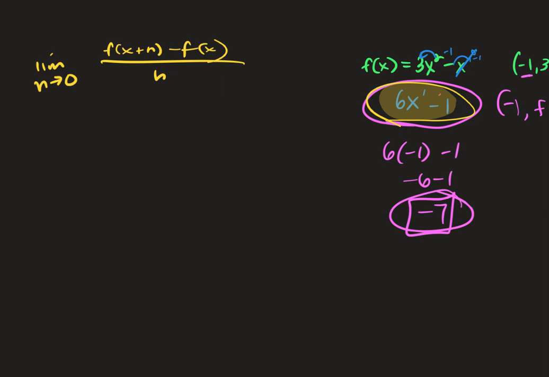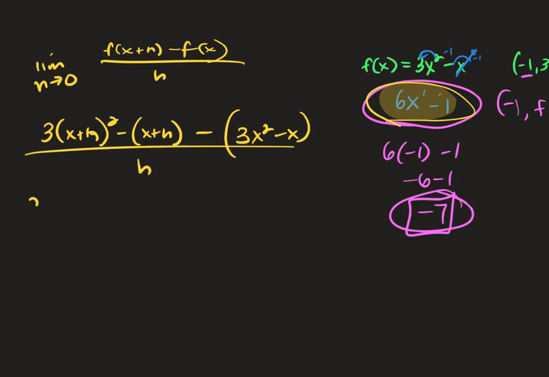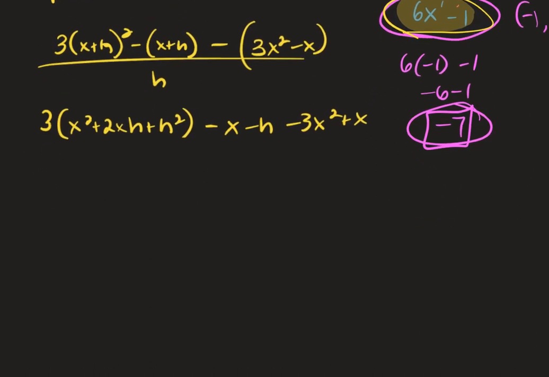So it would be 3x plus h squared minus x plus h minus 3x squared minus x all over h. And then x plus h squared is x squared plus 2xh plus h squared minus x minus h minus 3x squared plus x. This is 3x squared plus 6xh plus 3h squared